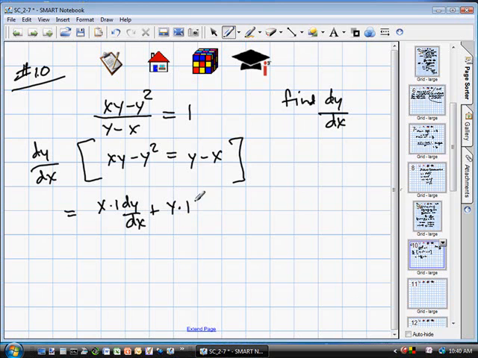Okay. Now, how do you take the derivative of minus y squared? Well, first, just use the power rule. And now, because y is a foreigner again, I've got to use the chain rule. Right side, 1 times dy/dx minus, and the derivative of negative x is minus 1. Okay, so now all I really have to do is get all my dy/dx's together, solve for dy/dx. All right. I guess I didn't need all those ones in there, but